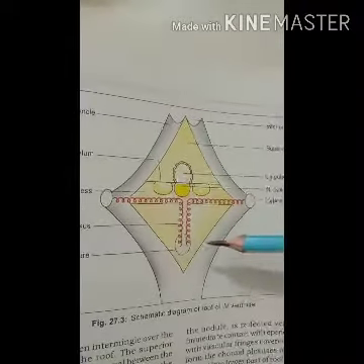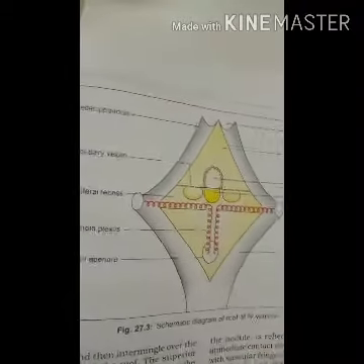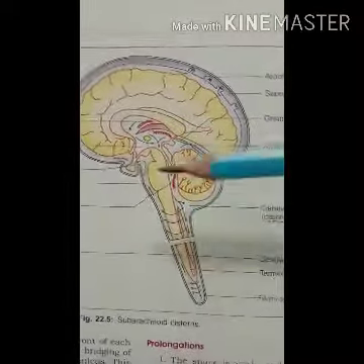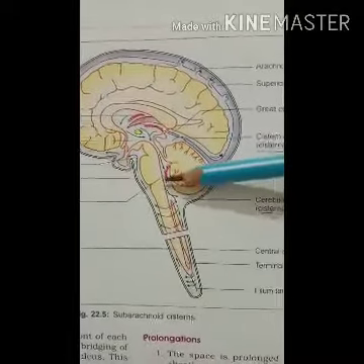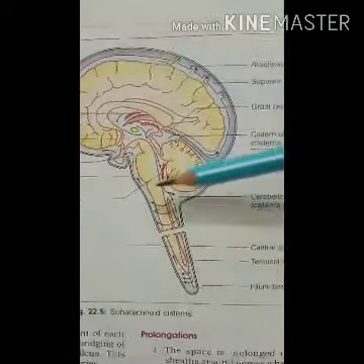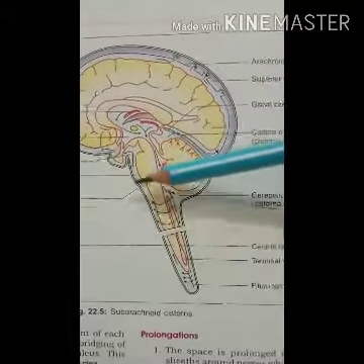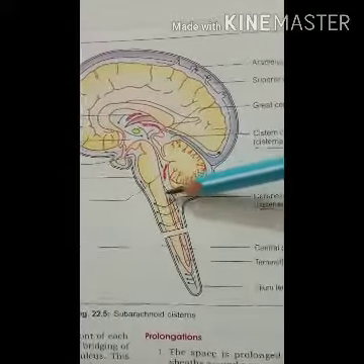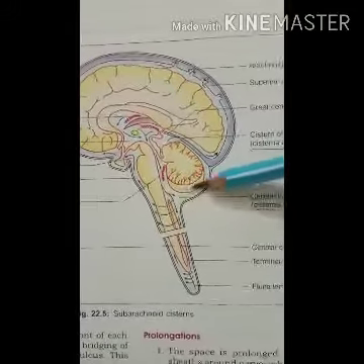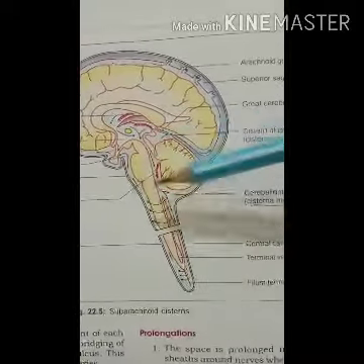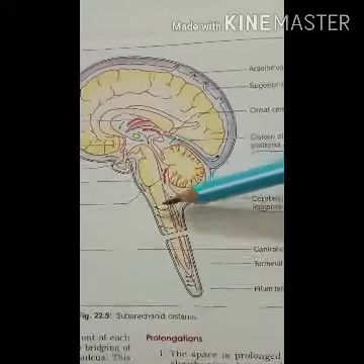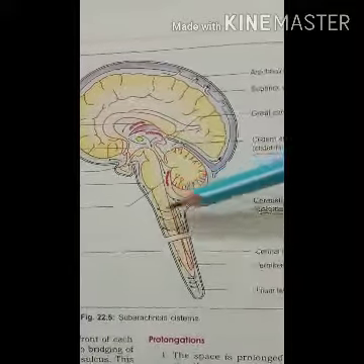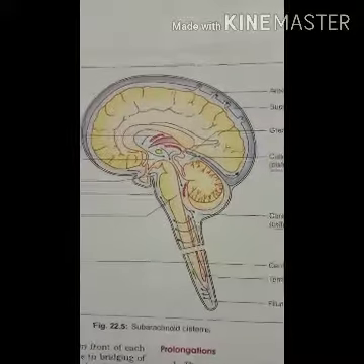In this diagram you can see the CSF circulation. Centrally the foramen of Magendie is present, and on both lateral sides the foramen of Luschka is present. So from the fourth ventricle of the ventricular system, the CSF enters into the subarachnoid space through the three foramina: the one central foramen, called the foramen of Magendie, and the two lateral foramina, called the foramina of Luschka.